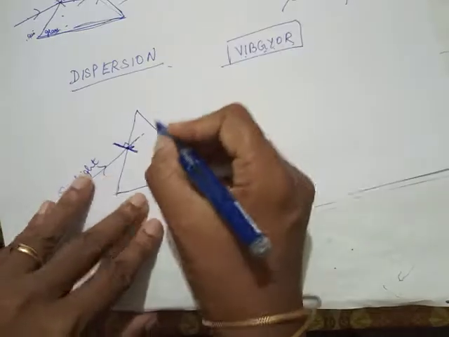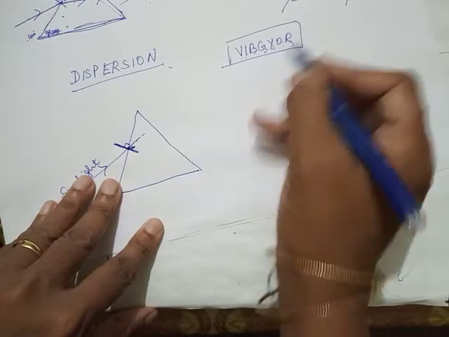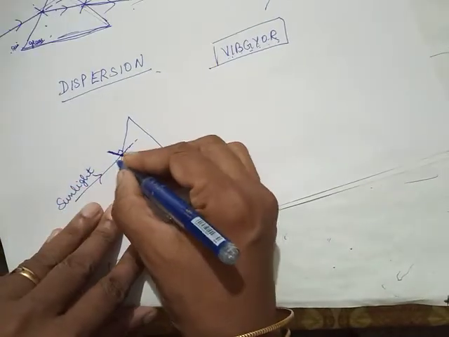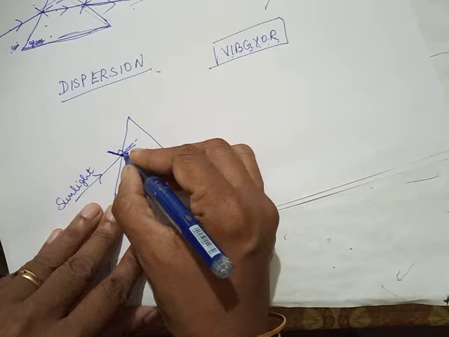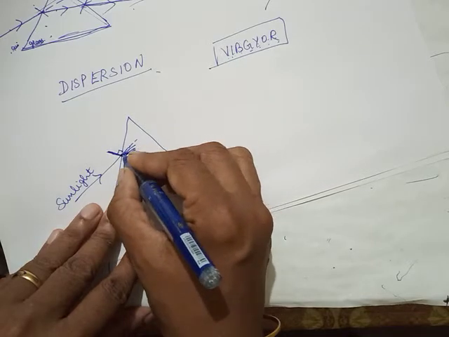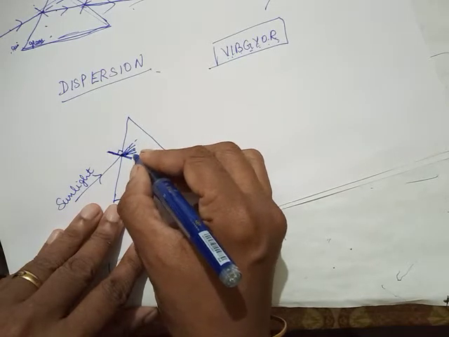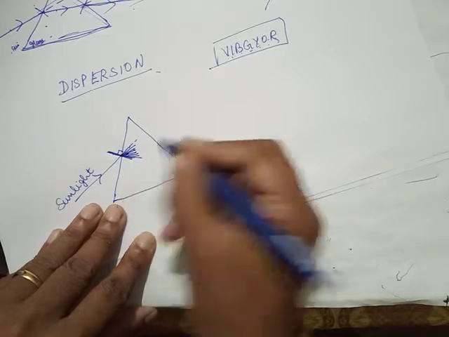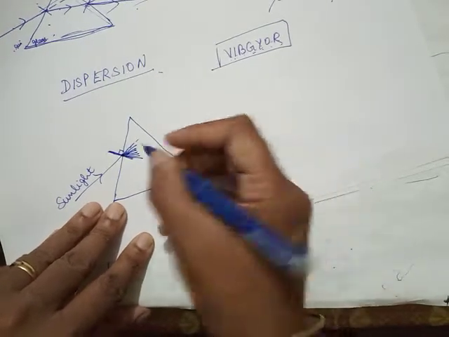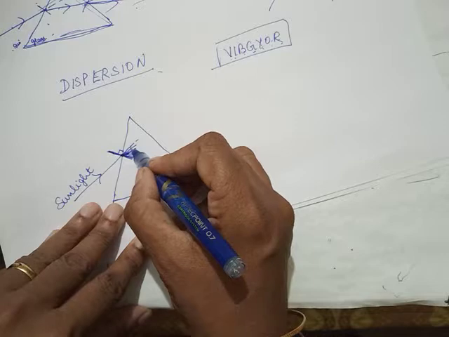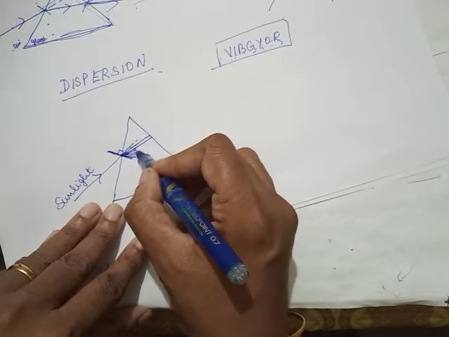That means basically 7. 1, 2, 3, 4, 5, 6, 7. So this white light will split into 7 colors. So what you do, draw 7 lines. 1, 2, 3, 4, 5, 6 and 7. You should draw carefully 7 lines between